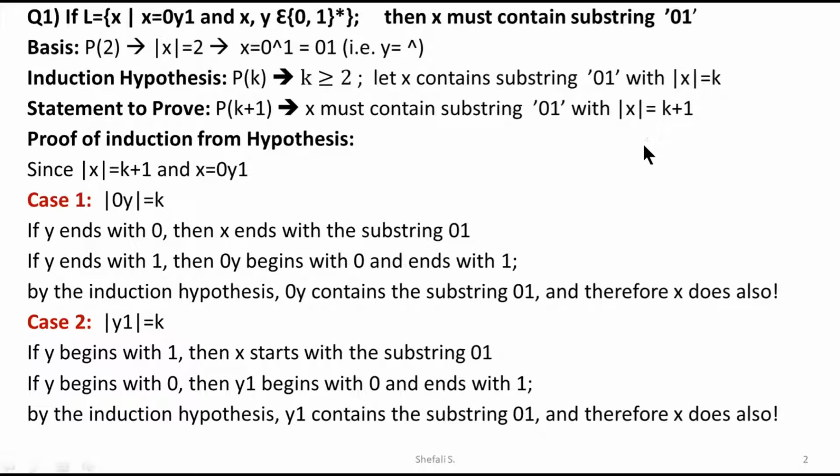So likewise, what we have done is we have either separated out the last element or we have separated out the initial element. In both the cases, for k plus 1, by separation of the last element you can say that it is case 1, and separation of the first element is case 2.